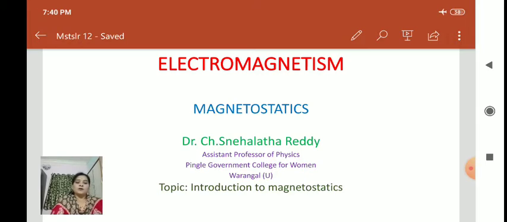As we discussed in the previous unit, a static charge produces a field around it. That field is the electric field, and the intensity of the electric field is represented by E. We have discussed many laws regarding electrostatic fields. So here in magnetostatics, we deal with